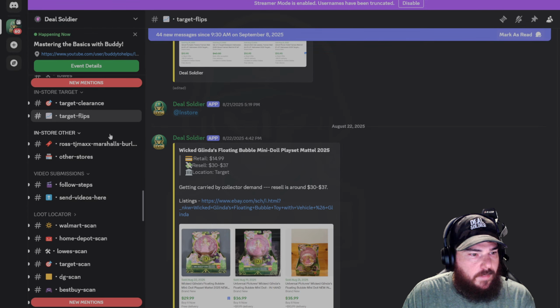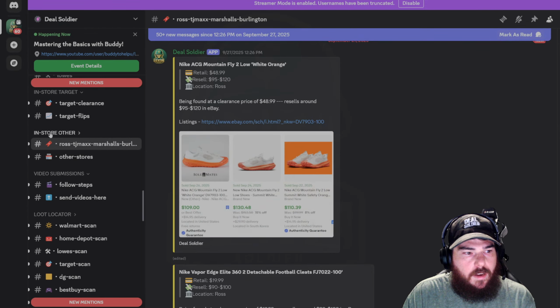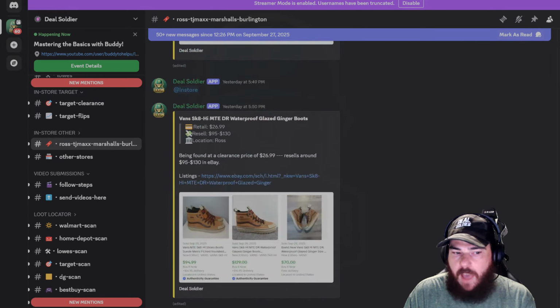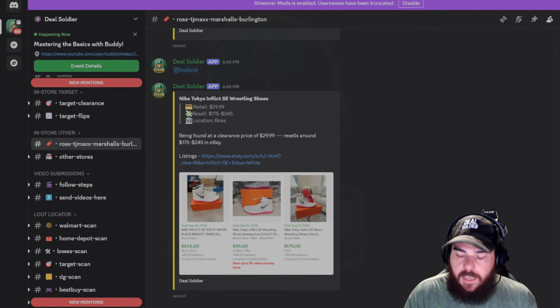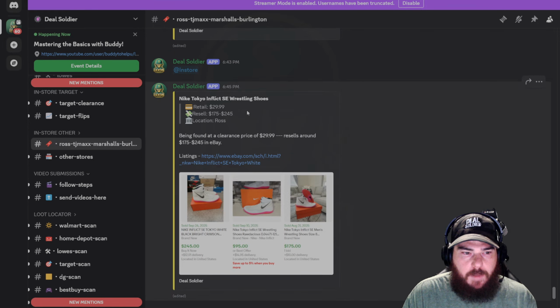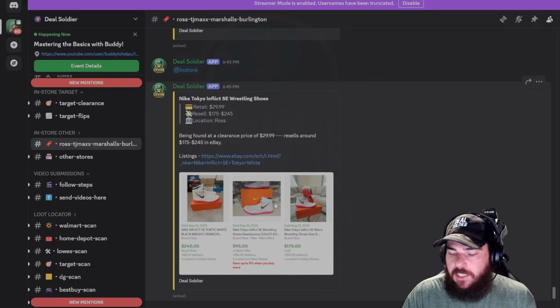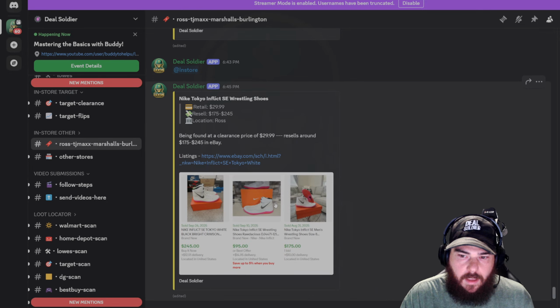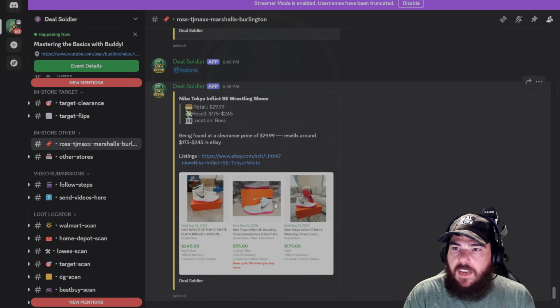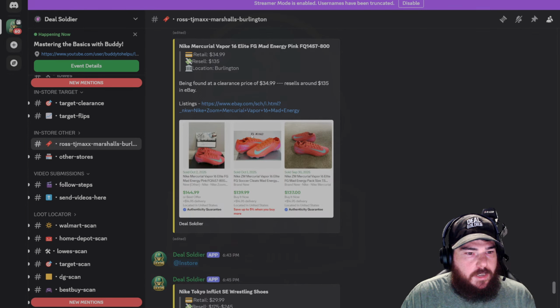We were at Target. We also have our in-store others. This is going to be the stores that we haven't mentioned, like you'll see Cracker Barrel, Best Buy, Staples sometimes. It's going to be very similar to the flip channels where you buy it for retail, you flip it for a higher price. You're going to notice that Marshalls, TJ Maxx, Ross are going to be big on those. A lot of people actually flip a lot of those items, especially like soccer cleats, football cleats, shoes. What else have I seen there? You've seen a lot of Hello Kitty merchandise, a lot of purses.